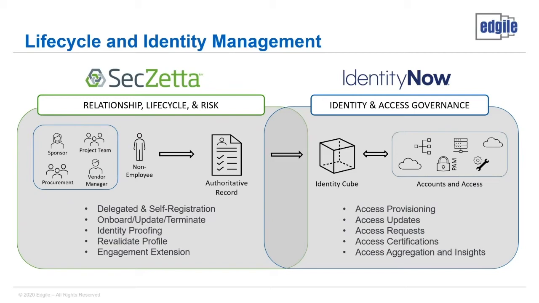Those workflows can be handled. And now in Identity Now, you can do all the core IGA functionalities, like request any additional access or review of access. And the most important I see is visibility into if someone does not work for the organization or the home organization. Now that trigger gets into Identity Now, and then it can trigger a termination. So if you move to the next slide.